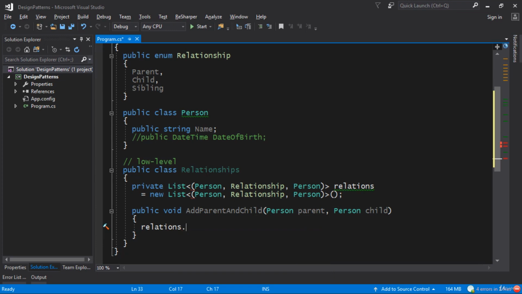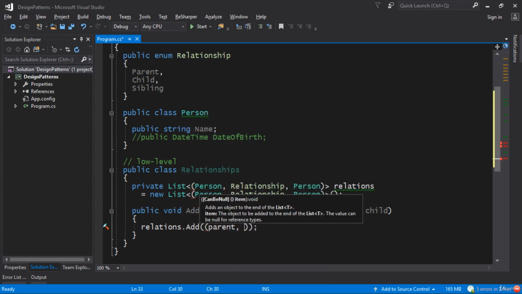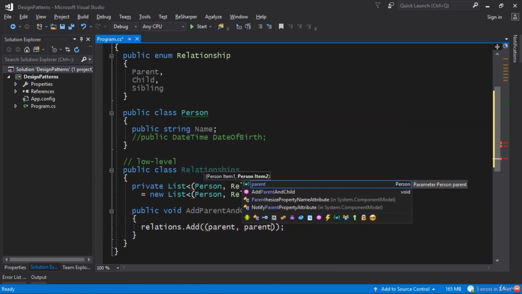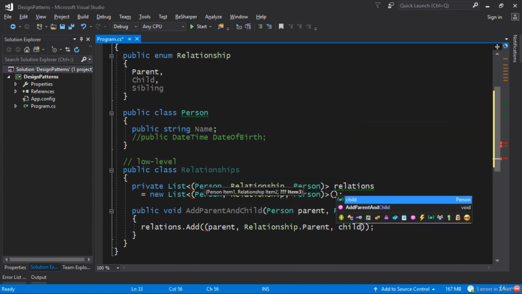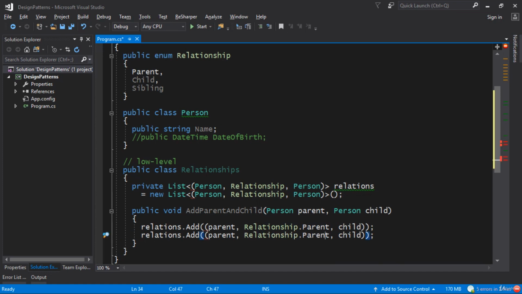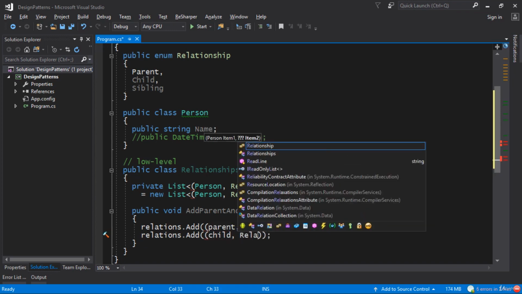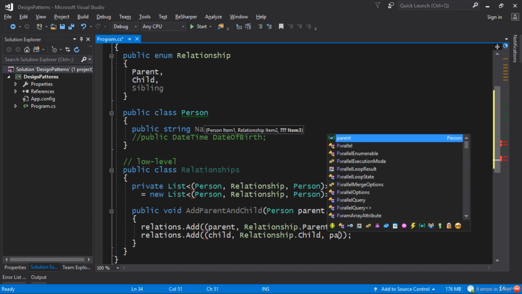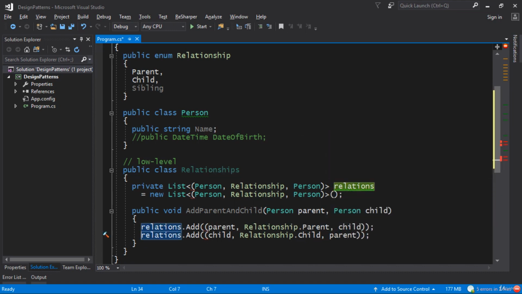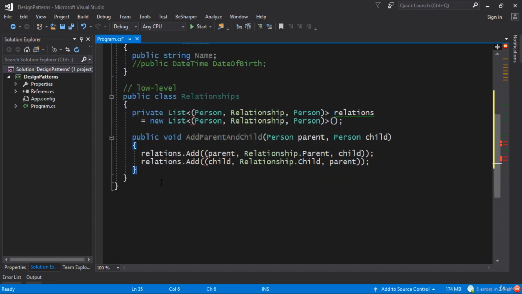So I'm going to say relations.add, and then I'll add parent with the relationship of parent. That should be relationship.parent to the child, and then of course I'll add the reverse relationship just for the fun of it. So here you would have child, relationship.child, and then the parent. This is completely spurious. I'm just adding it to show that you can store things in this kind of denormalized way. Okay, so this is our low-level API, and the question is, well, how do we actually perform research on it